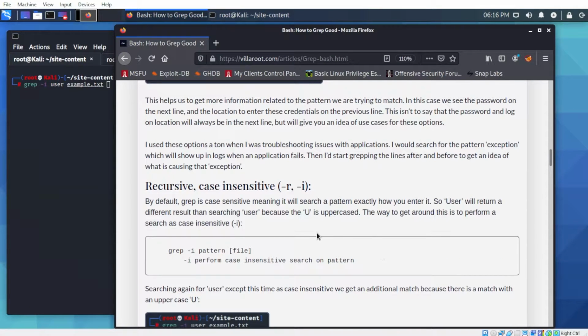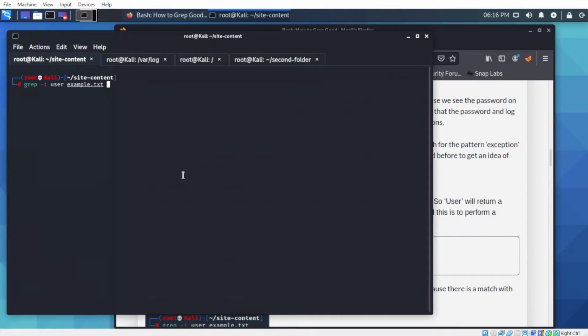So now let's cover searching case insensitive, which is dash lowercase i, and then searching recursively, which is dash R. So first dash i, the syntax will look as follows, where you just provide grep dash i, the pattern, and then the file, and it'll perform a case insensitive search. So if we try looking for that same pattern as before of user in that same file of example.txt, but this time searching case insensitive, you can see it grabs an additional pattern of user, but this case with an